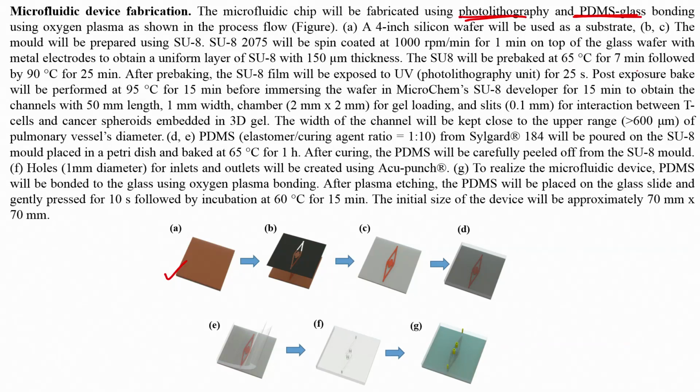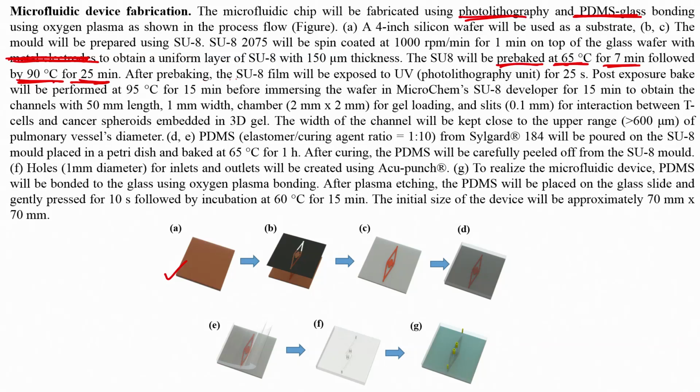The SU8 will be pre-baked at 65 degrees for 7 minutes followed by 90 degrees. This is not metal electrodes, we do not require metal electrodes here. Like I said, pre-baking is at 65 degrees. For 150 micron of SU8 we require 7 minutes of pre-baking time, followed by 90 degrees for 25